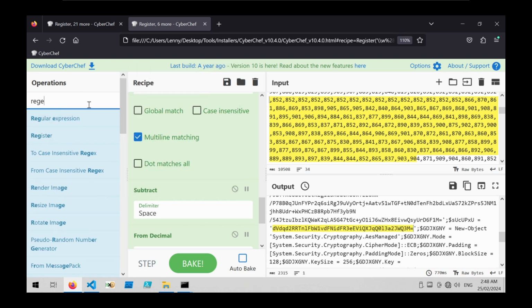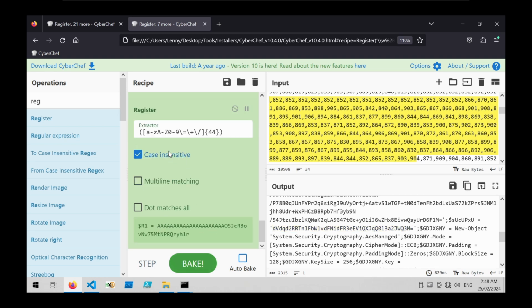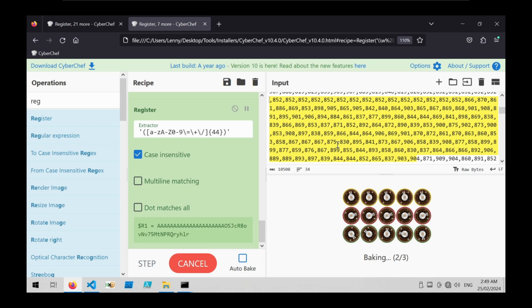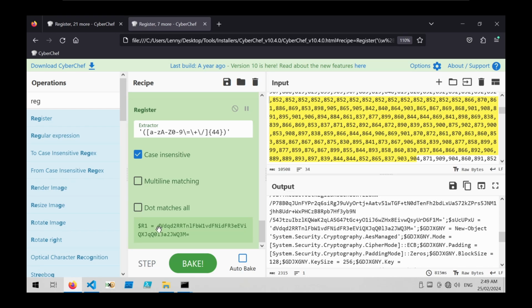So I'm going to apply a register, and I'm going to use the regular expression for base 64, and I'm going to specify exactly 44 characters. And that hasn't worked, so what I'm actually going to do is specify that I want single quotes around the key, because it's actually grabbing this base 64 up here and not this one, which is the one that I want. So now if I take a look at that, I can see this DVDQ ending with an equal sign,